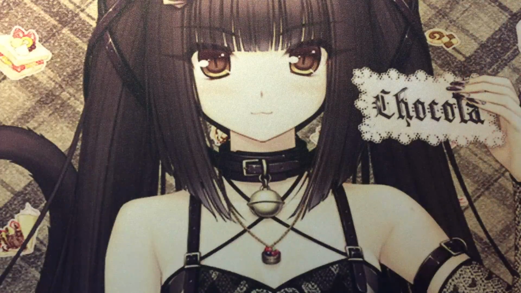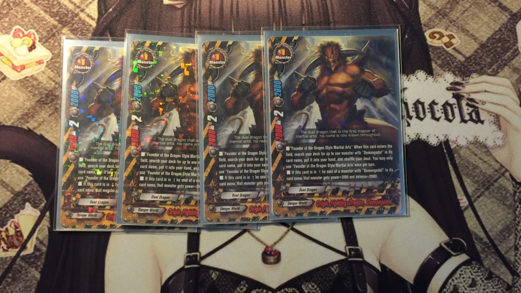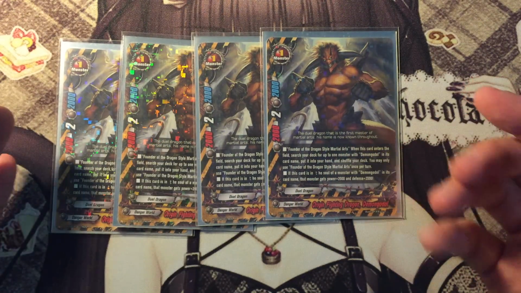Alright, that's the grade 2s. You don't play a lot of grade 2s. Let's go on to grade 1s. 4 copies of Origin Fighting Dragon Demongodol. He is the new card from the